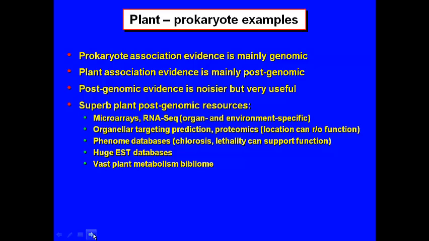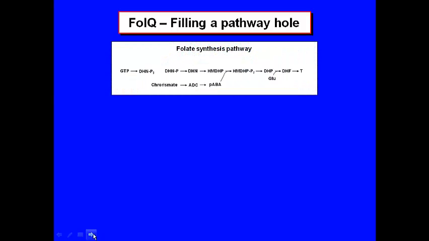Okay, so now we're going to reconstruct, and we're going to do this again when we come to the first exercise with STRING, how to find a pathway hole, the case where you know the function, you just don't have the gene yet. In this case we've drawn the folate synthesis pathway, which were the columns in the spreadsheet I just showed you. We've drawn it out as a sequence of reactions. You can see there are genes known for all the specific steps in that pathway, except that a few years ago this FolQ was missing.